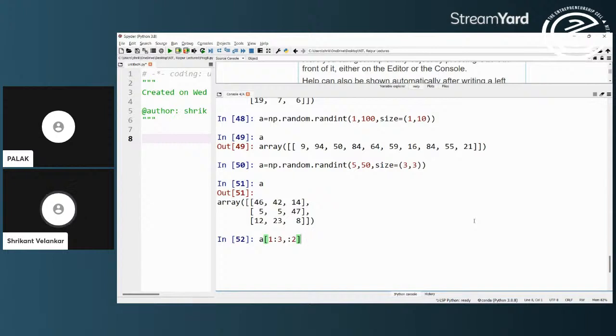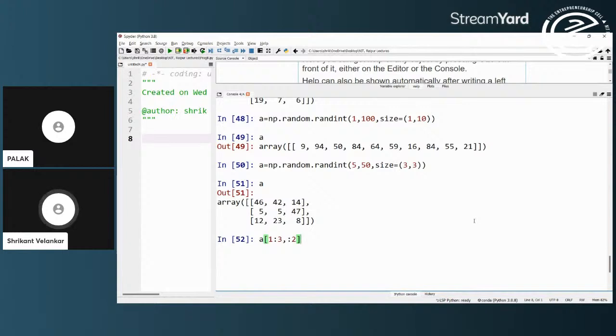All slicing rules are very similar to lists, so I will just take one single example. The meaning of this is that index one is included, three is excluded. So it will essentially take numbers one and two. The rows are numbered 0, 1, 2.